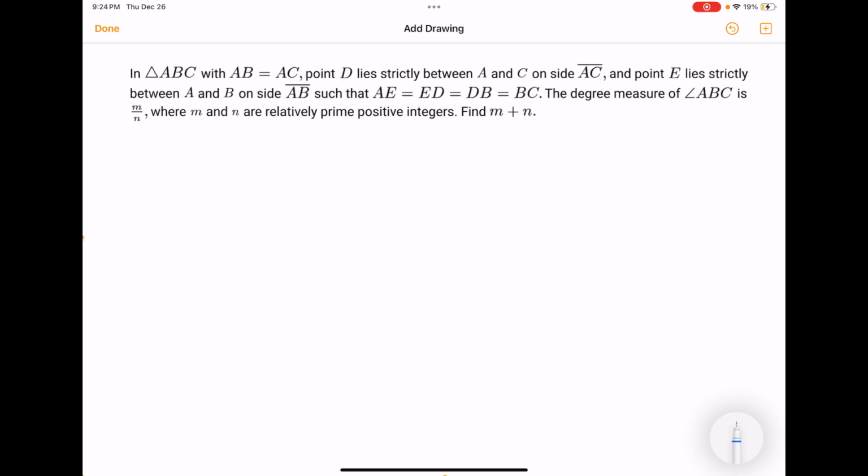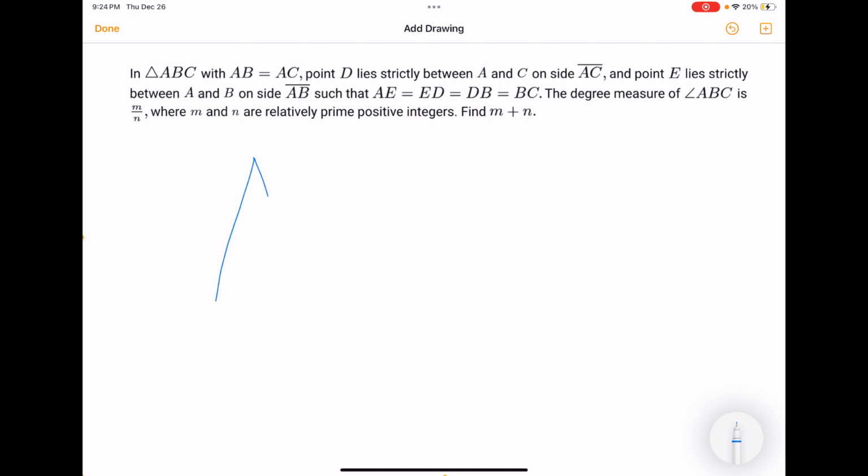The problem states, in triangle ABC with AB equal to AC, point D lies directly between A and C on side AC, and point E lies directly between A and B on side AB, such that AE is equal to ED, which is equal to DB, which is equal to BC. The degree measure of angle ABC is A over M, where A and M are relatively prime positive integers. Find A plus M. So first, we know that this is an isosceles triangle, and we can just draw one